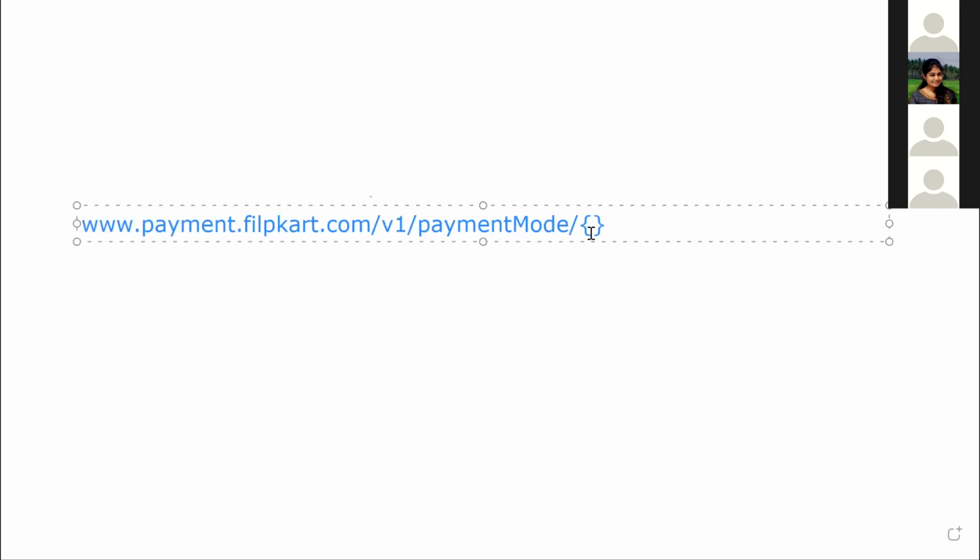So payment mode is the resource here, and the type of payment mode you are going to make is going to be dynamic, correct? It's not always the same for all users. It is going to be different for every user. So it can be COD, cash on delivery, or it can be another parameter, but it can accept only one parameter. After that, it can continue to the next page, that is place order.